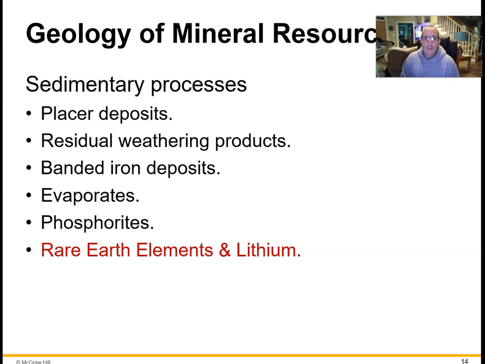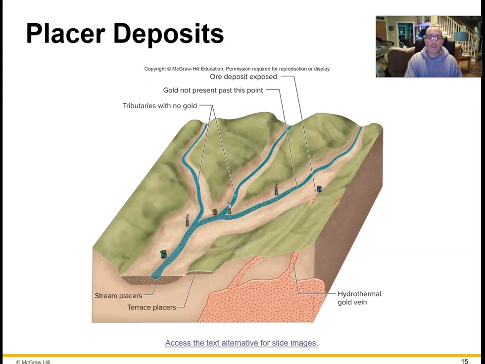So other sedimentary processes that give us minerals, I'm going to kind of jump over the placer deposits. We're going to go through these one by one in the next few slides. Sometimes we don't think of these as much, but we actually get a lot of our minerals from sedimentary processes. So placer deposits, you read in your book,